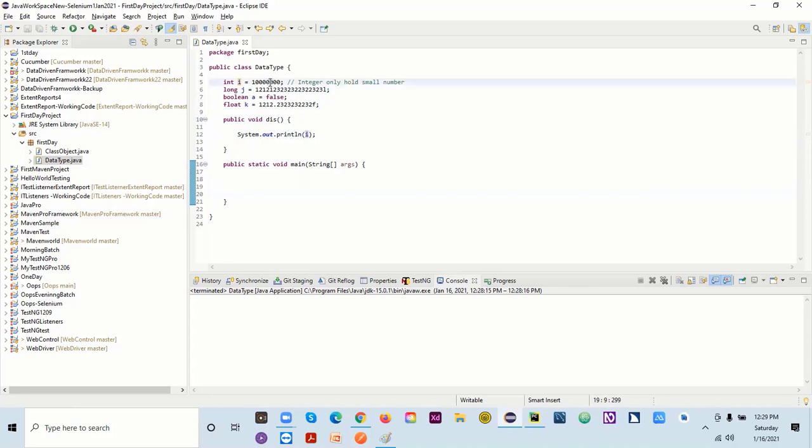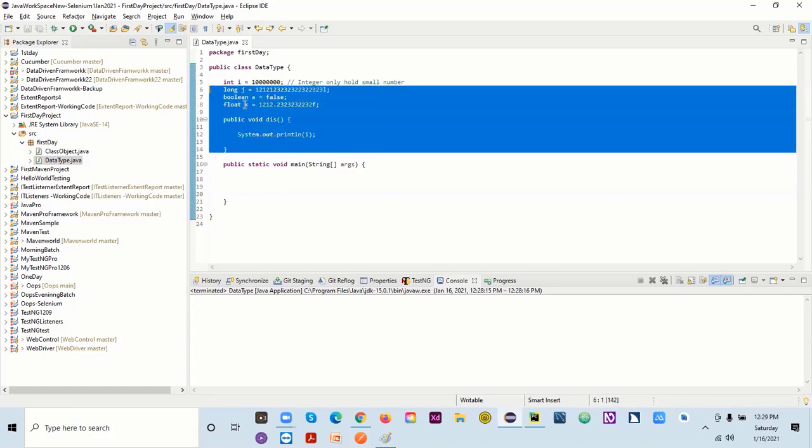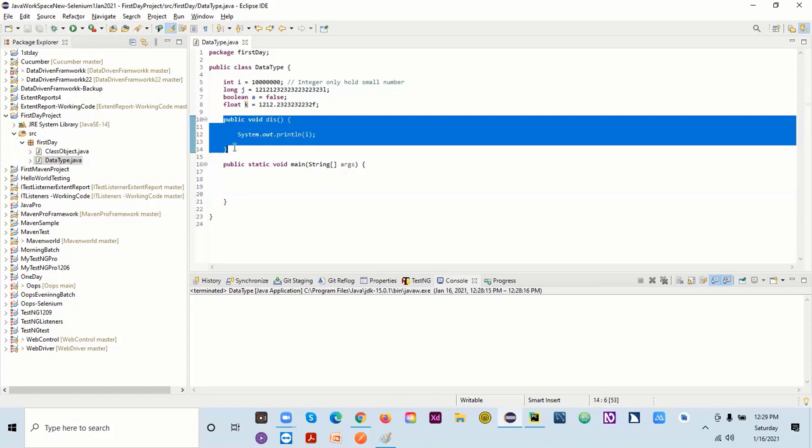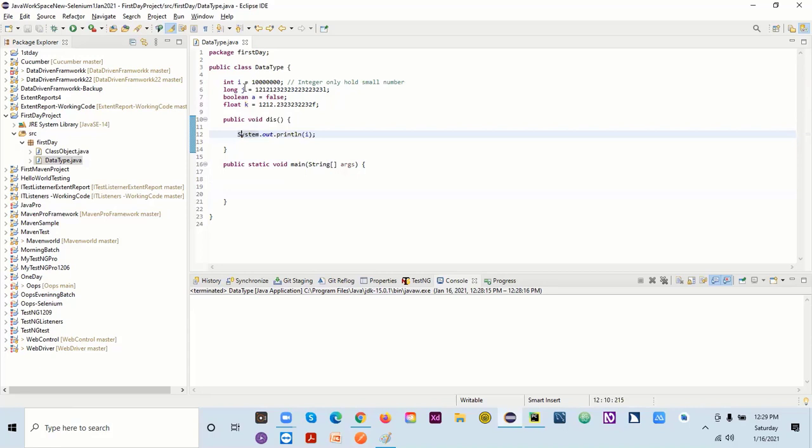To access the data member and the method, we use an object. This is the data member and this is the method I have here. I want to print the value of i, and i is holding this value. So how can I print this?